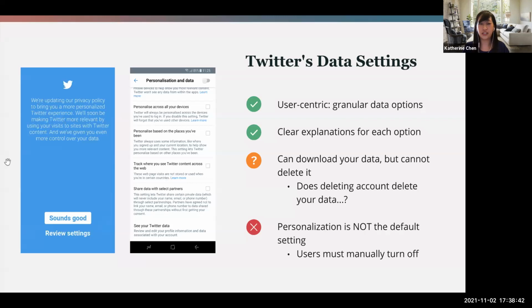The one downside is I did try to delete my data. You can download all of your Twitter data, but can you actually delete it? That I was not sure. And it actually wasn't even clear if they delete that data if you delete your account. So if you delete your account, I wonder if your tweets actually do still show up, and if they don't show up, what are other ways your information appears on the site? So these are a lot of